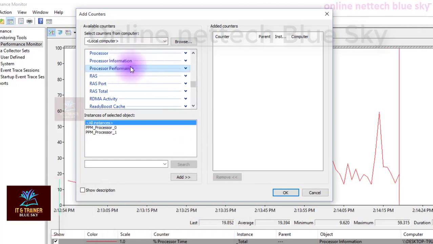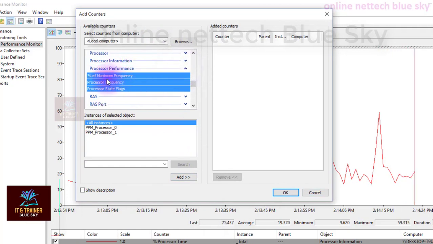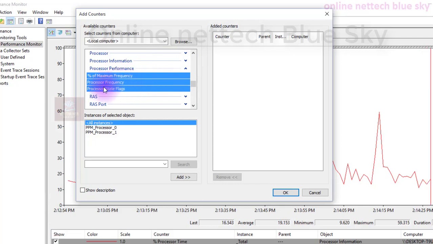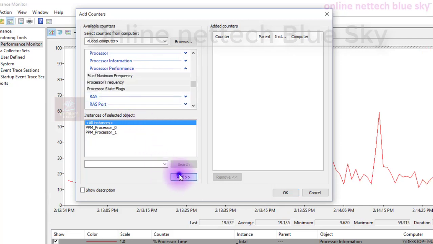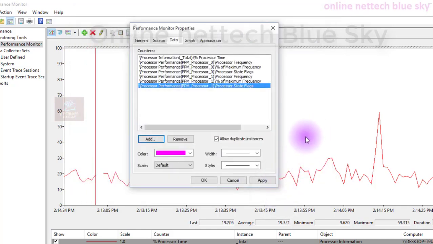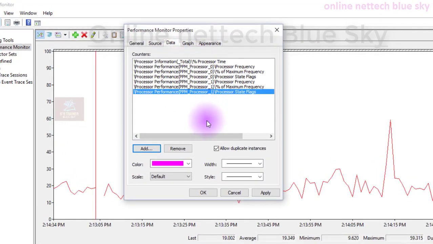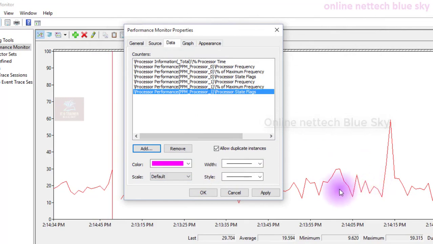Okay, I add Processor Performance, and you can see CPU frequency, processor maximum frequency, processor frequency, and processor state flags. Okay, so add, and you can see everything related to processor performance. Click OK.